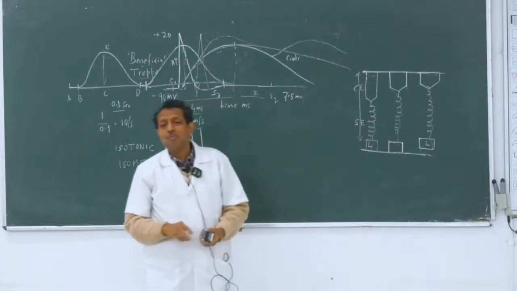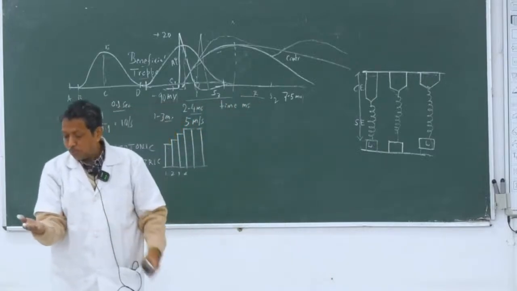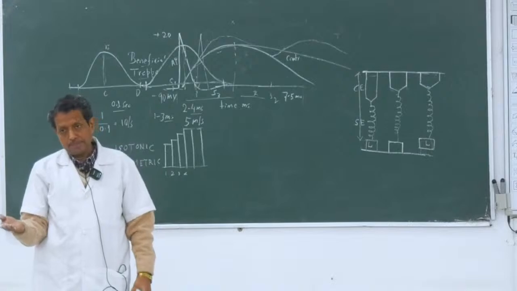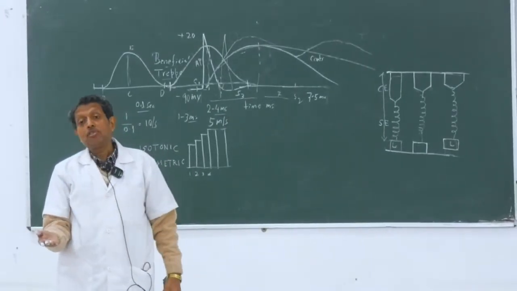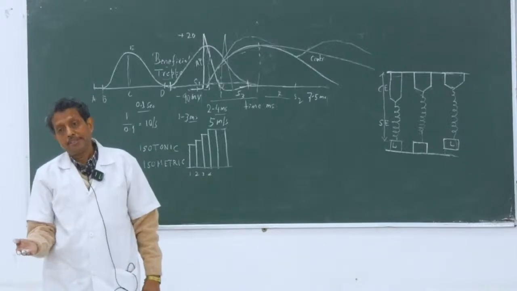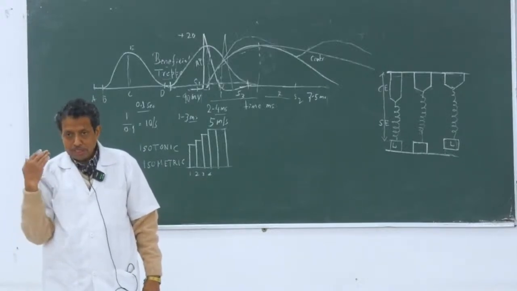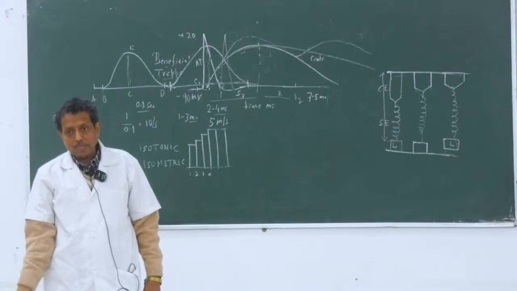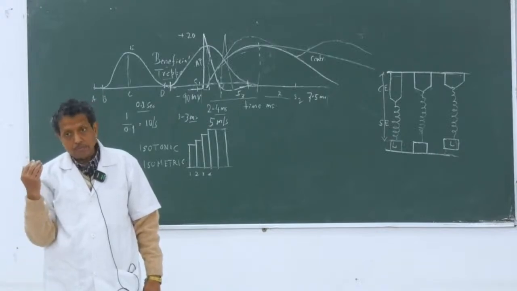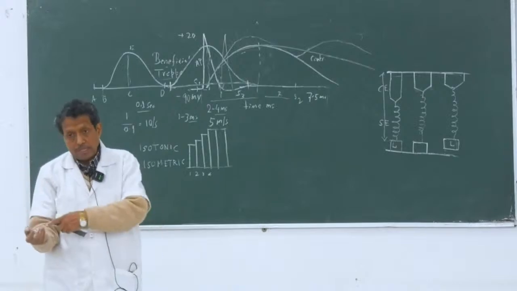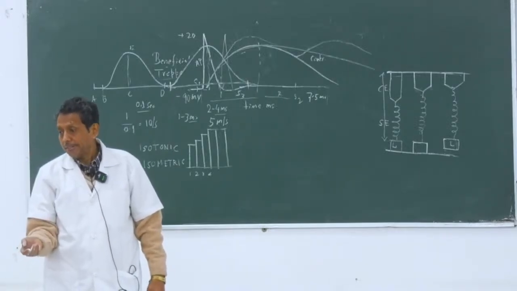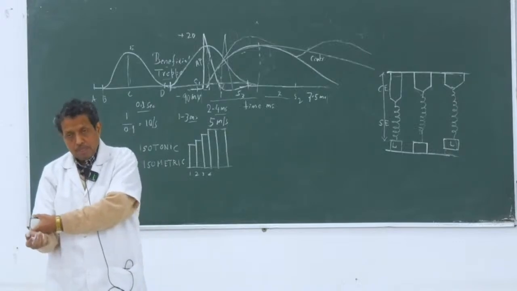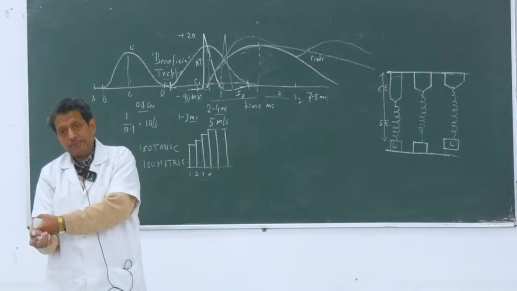Suppose, to make it very simple, if we place the hand in this way, it is the forearm and it is the arm. The weight of the forearm is constant, and I am moving this. There is a change in the length of the muscle, but the load remains the same. It is isotonic contraction. If I give pressure, the muscle is contracting at the molecular level.